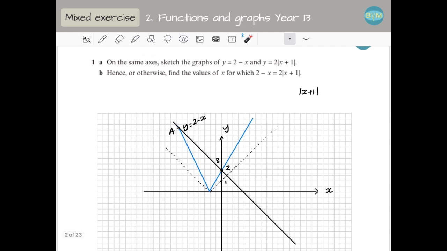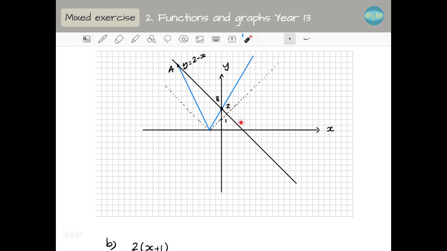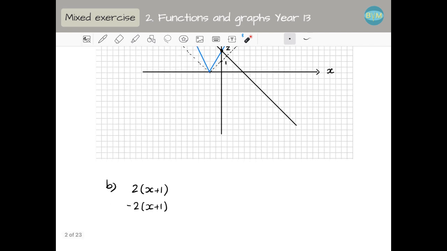So when we find the intersection between a line and an absolute value function, this function is going to have two branches. One is the positive version, so really 2 times x plus 1. And the other is the mirror of this part, which we find by doing minus 2 times x plus 1. So we have two versions: 2(x plus 1) is the positive branch and the other is going to be minus 2(x plus 1). If you want, we can find the intersection between this one and this one, although it's clear that it's 2. But to find the intersection with the other one,